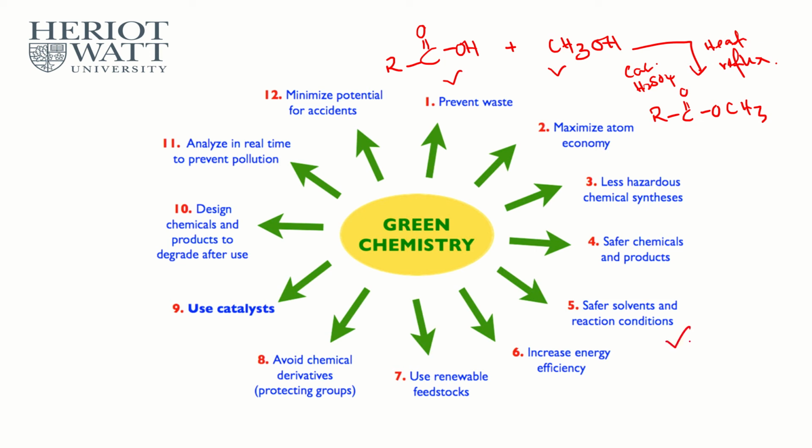So we try not to use the high temperature as well as the corrosive solution. Like here it says safer solvent. We try not to use a corrosive solvent, like in this case sulfuric acid, and we try to increase the energy efficiency for this esterification reaction. And what we can do, we actually can change this into some other more reactive compound. How to change it to become more reactive, where the reaction can actually happen at room temperature without heating under reflux? How do we do that? It's very simple. Look,